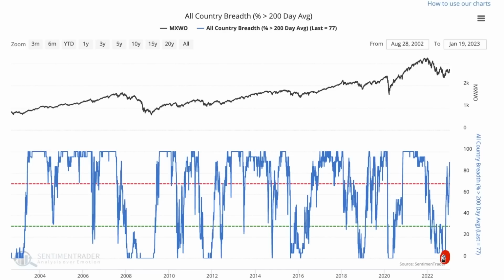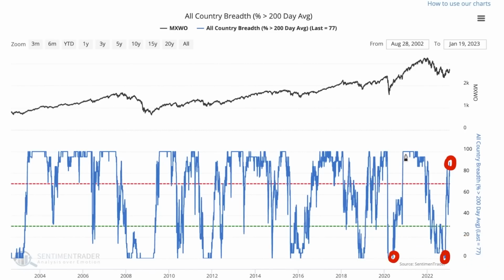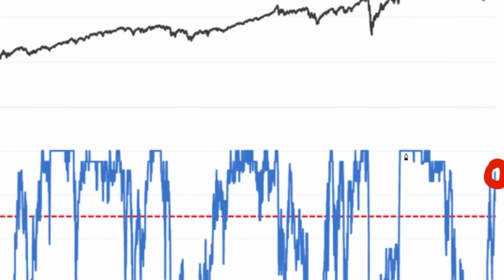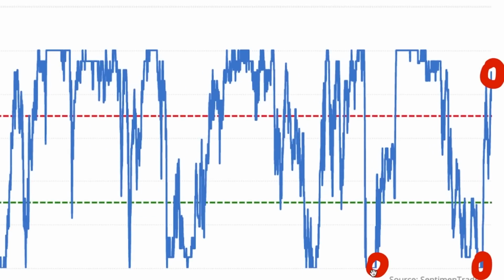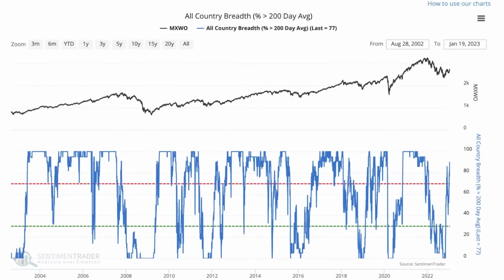We had this thrust here between 0 and around 90%, and that's called a breadth thrust, something we haven't seen on this indicator since 2020, right here, where you had a breadth thrust after COVID when most central banks around the world stepped in with very easy money, propping up the stock market to incredible valuations and triggering a V-shaped recovery right here during the pandemic when the entire world was basically shut down. The stocks were rallying in a K-shaped recovery.